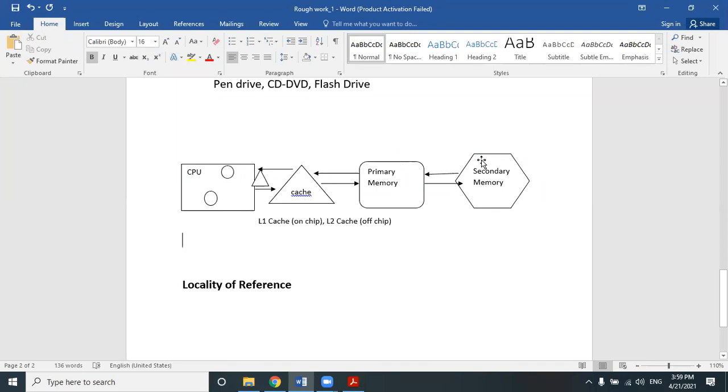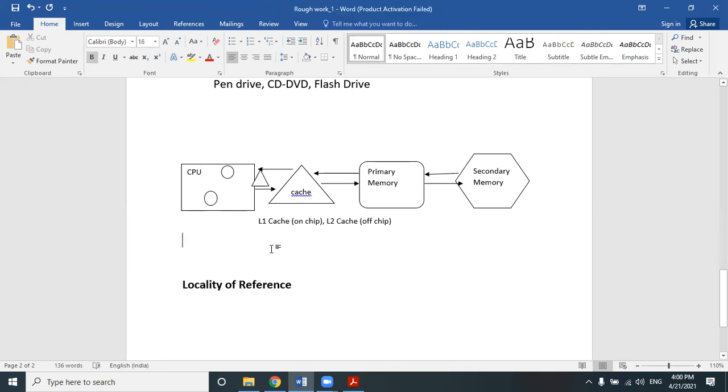So if you directly transfer the data from secondary memory to the CPU, then you will have to wait at least 1 to 2 hours to transfer 1 GB of data from secondary memory to the CPU. And the CPU also has to wait for this. But making the CPU idle is a very wrong thing. You cannot make your CPU idle. You have to work your CPU as much as possible, right? So that's why the data first arrives from secondary memory to the primary memory, then from primary memory to the cache memory, and then again from cache memory to the CPU. So the speed gap between these memories is reduced respectively.